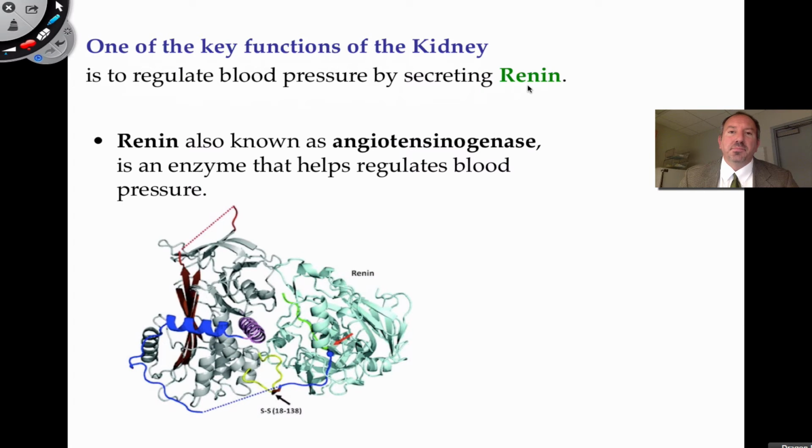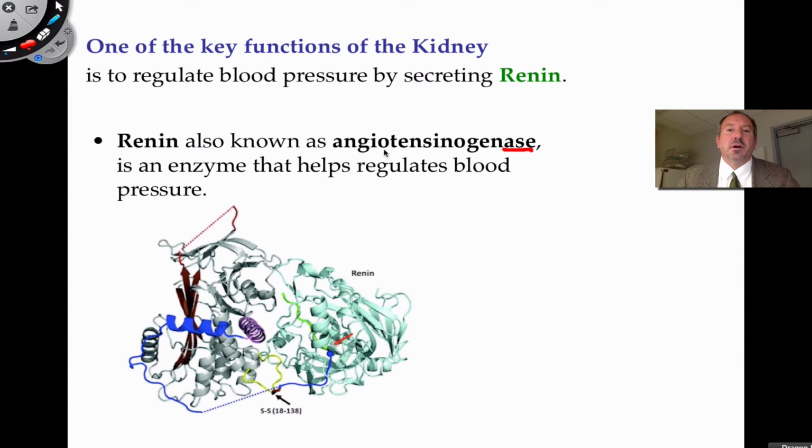Now, renin is considered to be an enzyme. And for an enzyme, we often like to end with the name ace. And so it's called angiotensinogen ase. Angiotensinogenase, that's a mouthful, right? So I'm going to mention that the